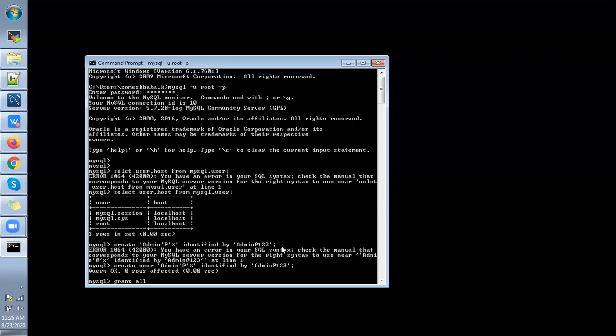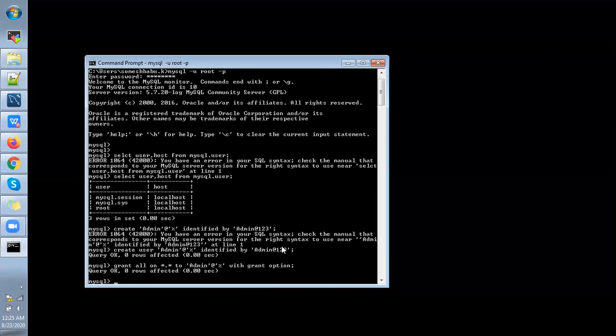Sorry, create user. Once create user is done, then I'm going to grant the privileges. Grant all on star dot star to the username called admin at percentage, and also I'm giving the grant option for this user. Here I'm giving full access for this user.